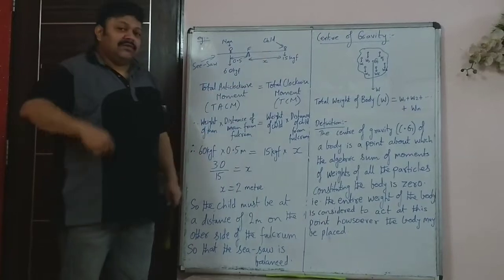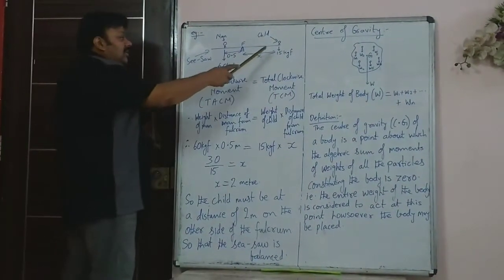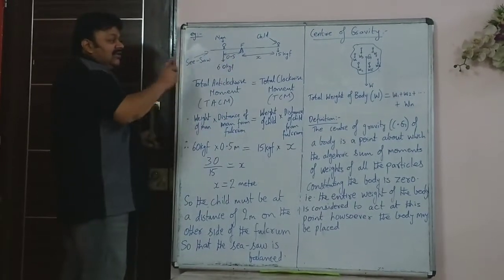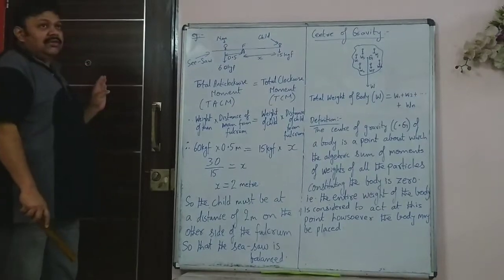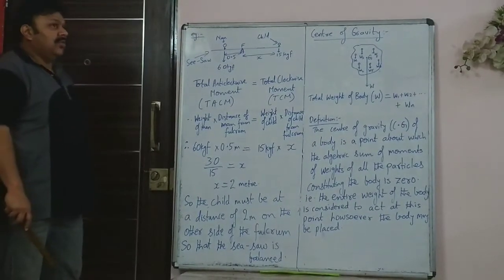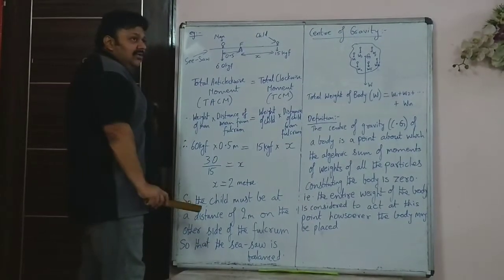That child is sitting at one far end of the seesaw. Now the child's father comes and sits on the other side. But obviously the child's father can't go and sit at the very extreme end, because in the seesaw the child will always be in the upward position. So the child's father has to come and sit closer to the fulcrum.